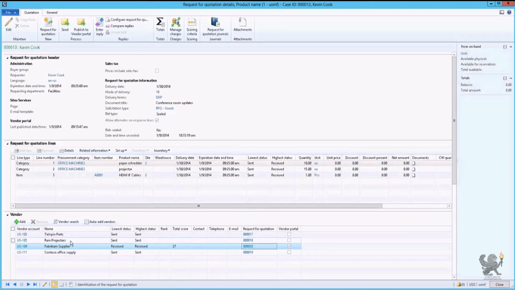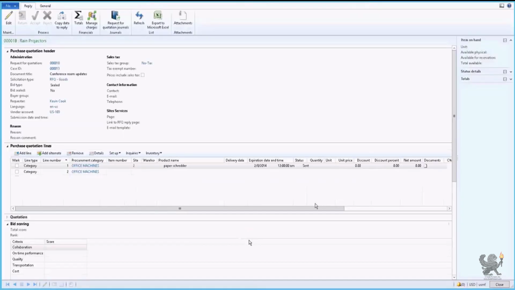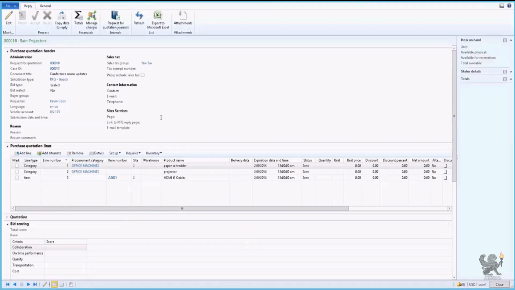But I would like to have more than one reply. So I'll imagine that the rain projectors actually have sent their bid in an envelope, which is opened at the same time as the bids are unsealed. Then I would probably go in and enter their response into AEX. So I will start by copying the data, which will transfer the quantities, and then enter the unit prices that they